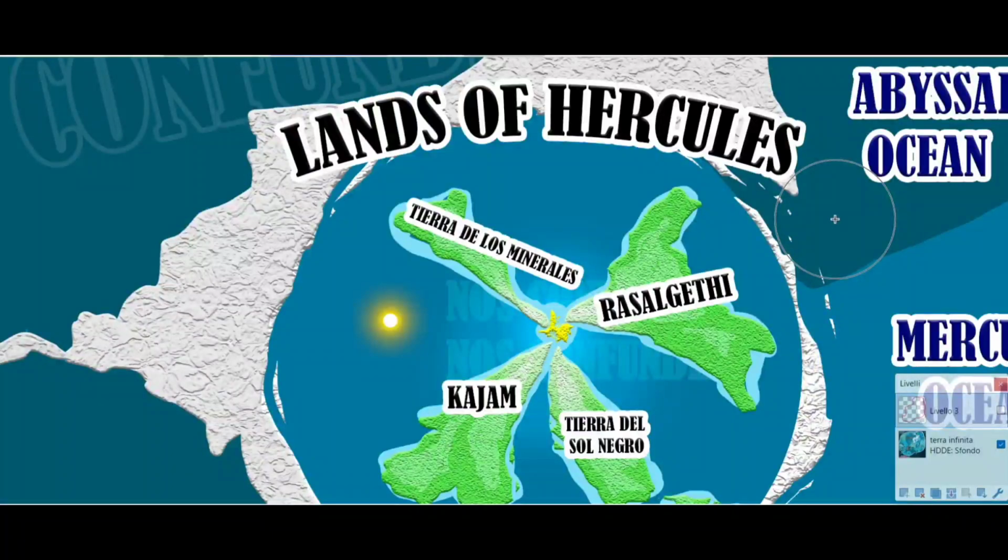Also, just to be sure, the reason we're talking about this is because the Tierra de los Minerales, which means land of the minerals, is in a way just a name to call the underworld for the Greeks. This is because the underworld for the Greeks was ruled by Hades, also called Pluto by the Romans, and Pluto, or Hades, which, by the way, yes, Hades is both the name of the place and the name of the god. Don't get too mixed up in it. It's how they did it back then.